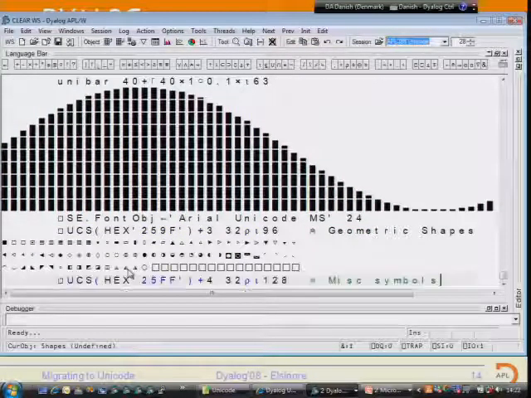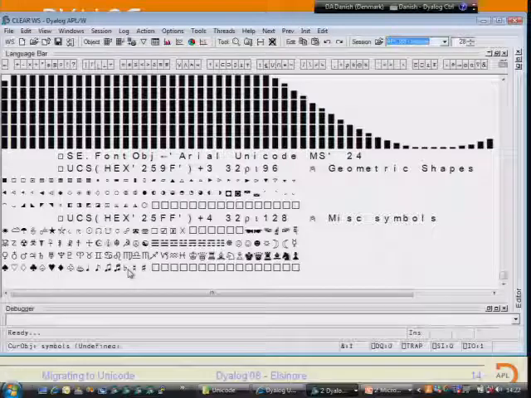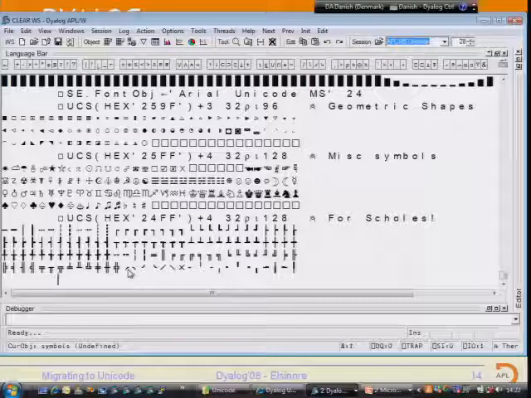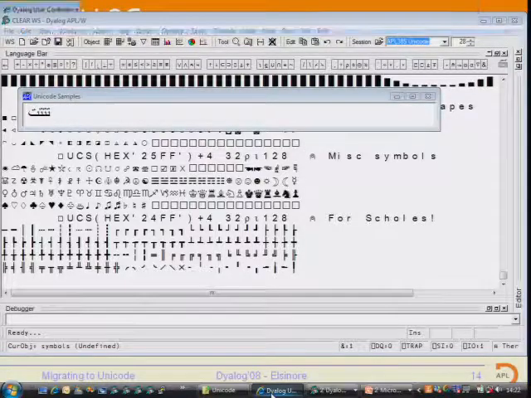Geometric shapes, so you can make IQ tests and stuff. These are fun. A horse, no dog. There's no dog. And John Scholes, who likes to put boxes around things and has been struggling as Windows before Unicode was slowly taking various box drawing characters away from him, is now saved. Hammer and sickle, no swastika. There may be a swastika in there somewhere, I don't know.